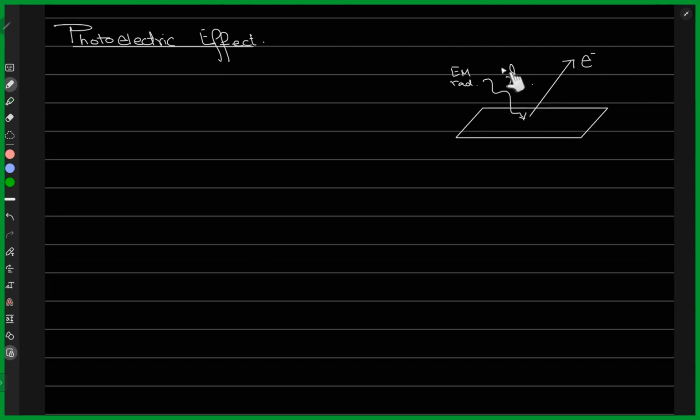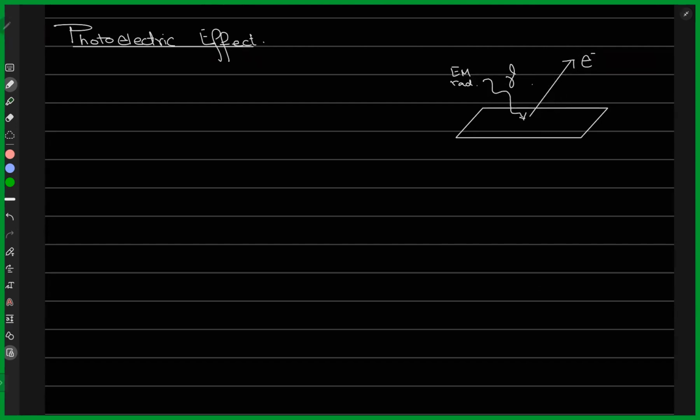So one photon is responsible for one emission of an electron. So the ratio is 1 to 1. And so what I did is, again, I incident some light onto this plate, and the result was an emission